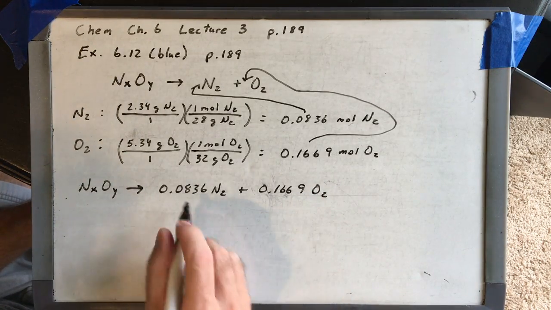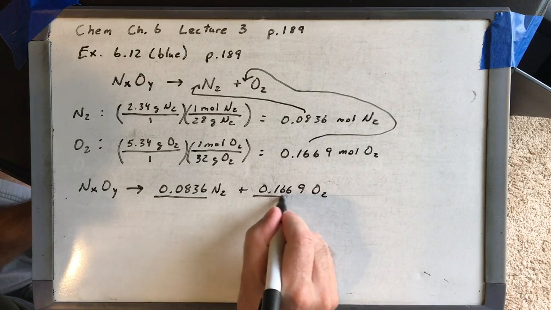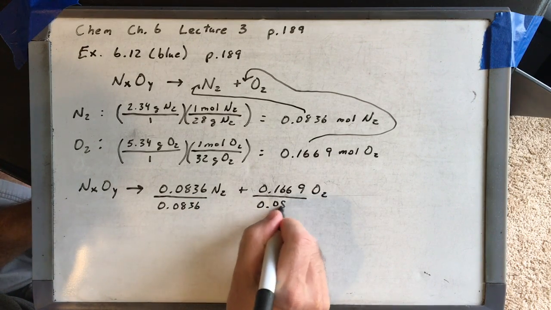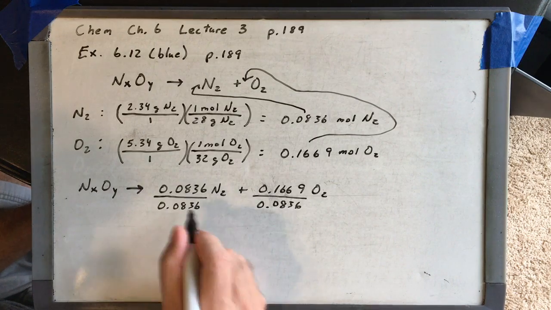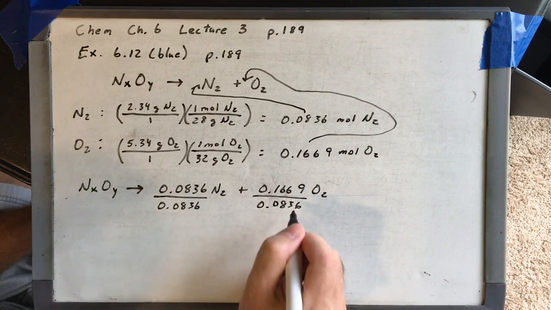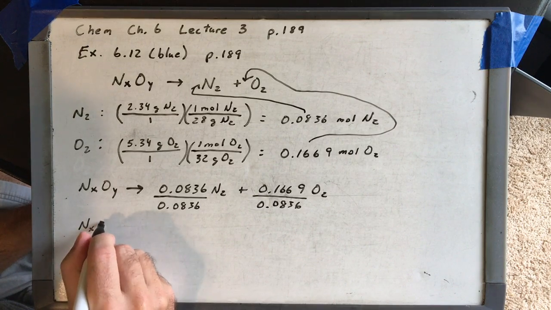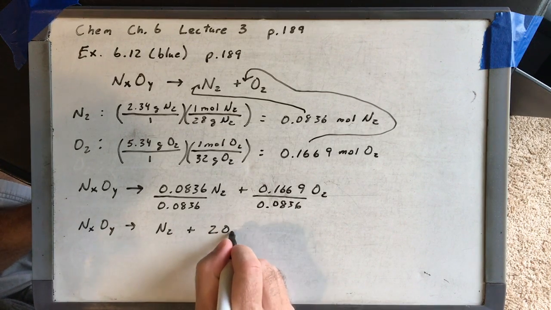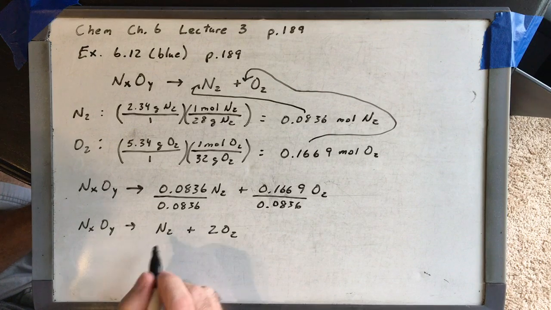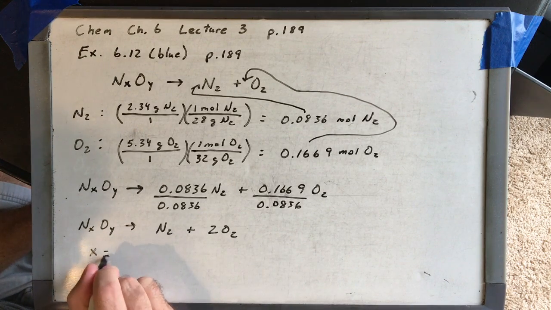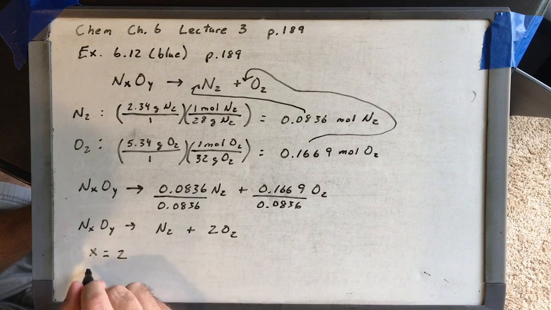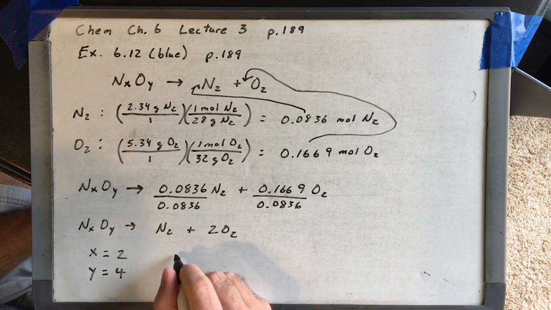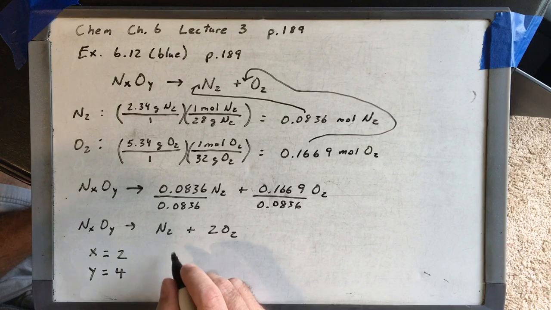Now our technique to get rid of these decimals is divide by the lesser of the two numbers. So 0.0836 over 0.0836 is 1. And 0.1669 over 0.0836, if you put that in your calculator, it's right at 2. So we have NxOy makes N2 plus 2 O2. Now we can figure out x and y just by counting up. How many do we have on the right? Well, we have 2 nitrogens on the right, so that's a 2. We have 2 times 2, 4 oxygens on the right. So our formula that we get from this decomposition process is